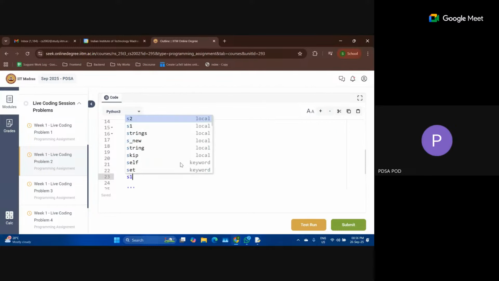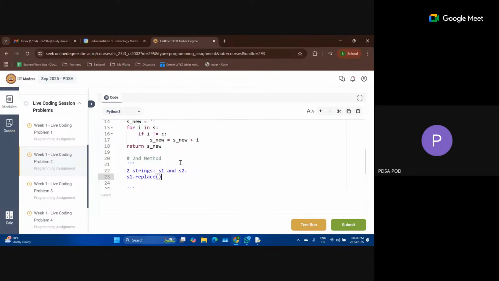I'm going to say s1 dot replace s2. So what this operation will do is it will scan s2, and wherever it will find s1 in s2, it will